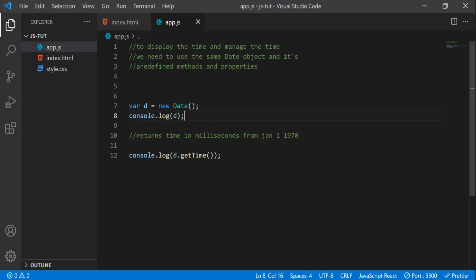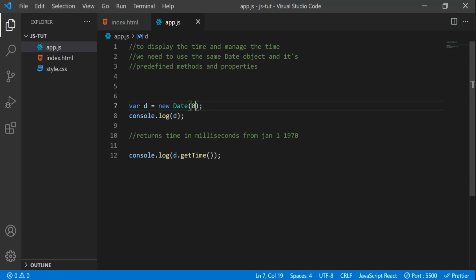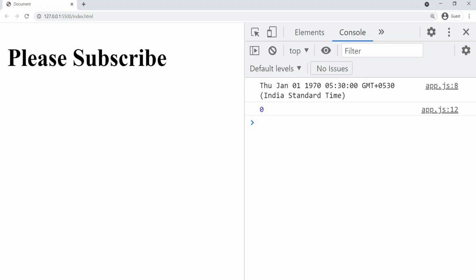And now let me show you that. So here I will pass a number something like 0. Now it will print January 1, 1970, we have seen that in the last video. So this is the time JavaScript is going to consider the starting point for the date and time. So that's why when we pass a single argument in this, it will always show this starting point, and also time always starts from this starting point. So that's why you can see here time is 0. Just now we have seen some strange numbers here, some milliseconds.